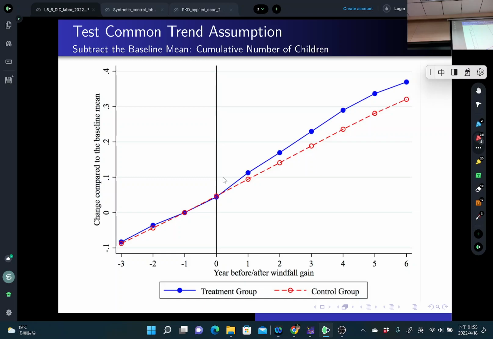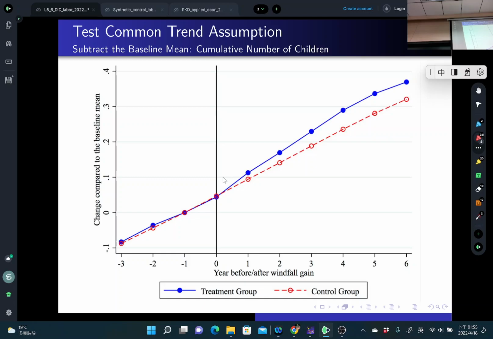minus 1. And you can see the treatment group and control group, before treatment happened, actually have very similar trends. And right after treatment happened, the treatment group steadily increases until the 6th year. So this gap continues until the 6th year after winning the lottery prize, or 7 years. But due to the data limitation, we can only look at the 6th year. But we argue looking at the 6th year is okay, because